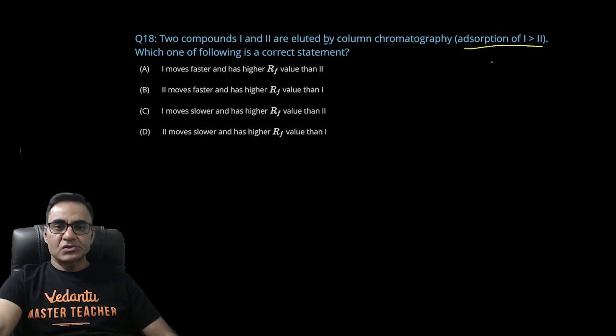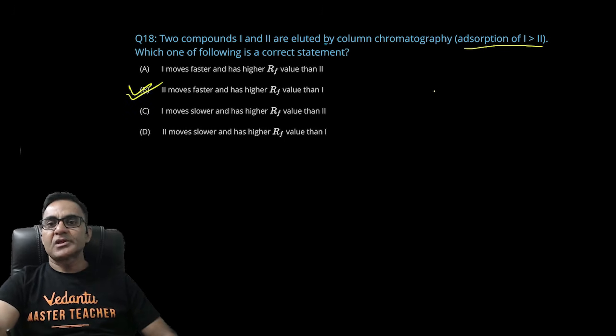राइट, तो क्या आंसर आएगा चेक करिए। 2 मूव फास्टर, दैट्स करेक्ट, एंड हायर Rf वैल्यू, B इज द करेक्ट आंसर। 1 का Rf वैल्यू कम होगा, 1 का मूवमेंट भी स्लो होगा। ऑलराइट, सो B इज द राइट आंसर ऑफ दिस क्वेश्चन।